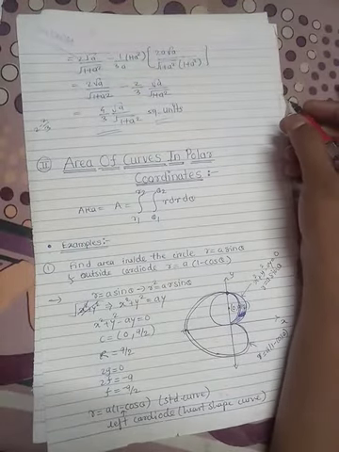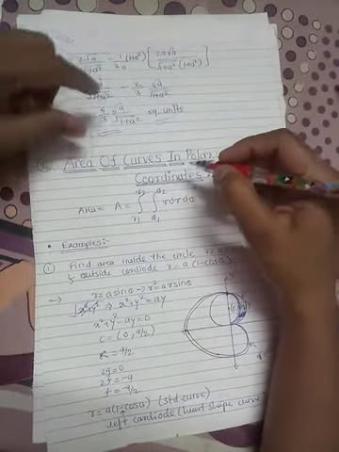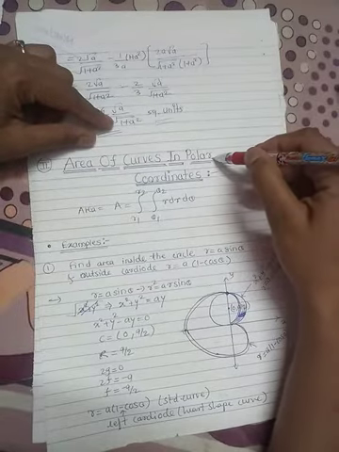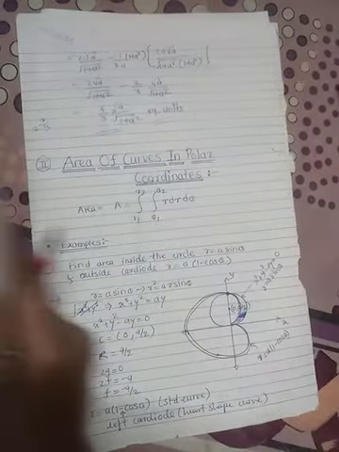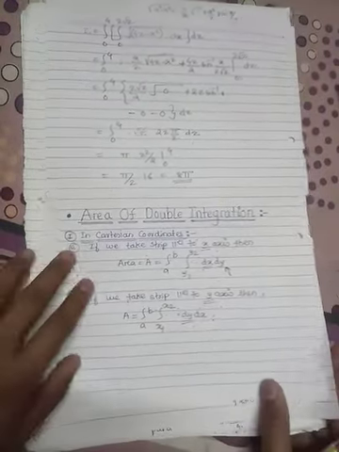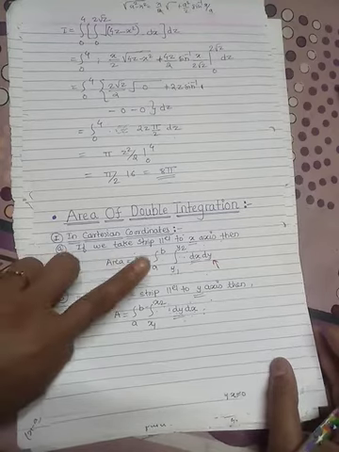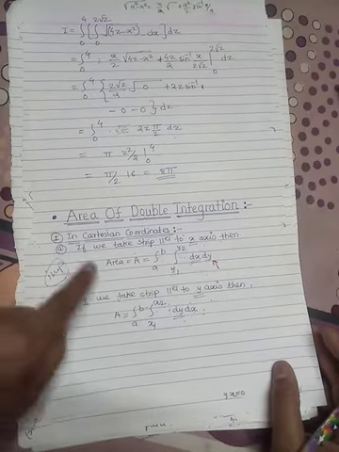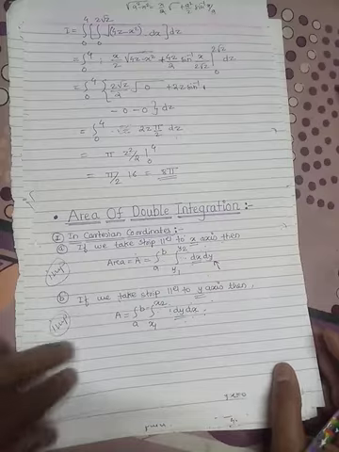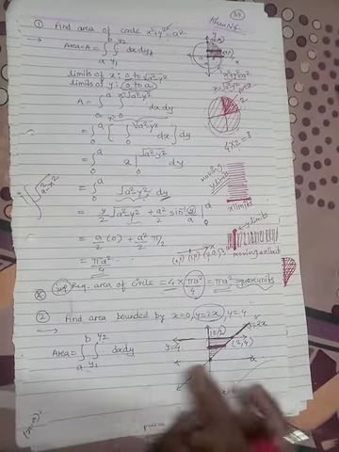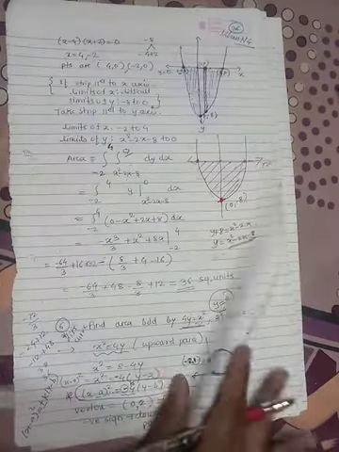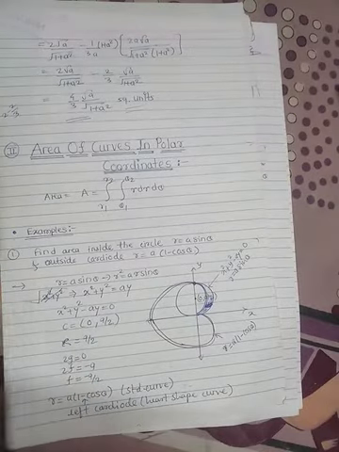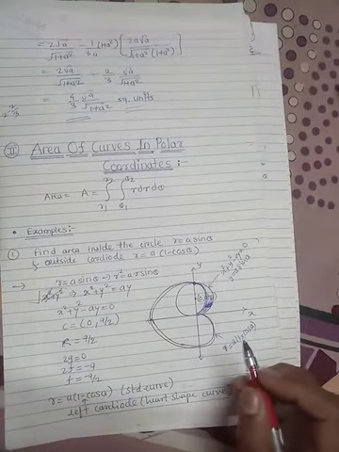Morning all. In the previous lecture we have seen the area of curves in Cartesian coordinates. So we have taken a strip parallel to the x-axis or parallel to the y-axis and found the area by using these two formulae. So these are the examples of area in Cartesian coordinates. Now let us see the examples of finding the area in polar coordinates.